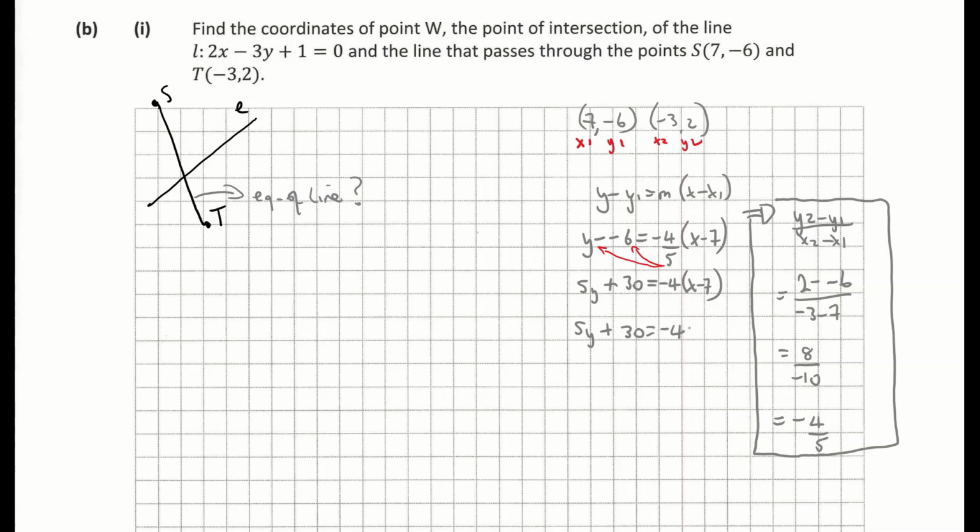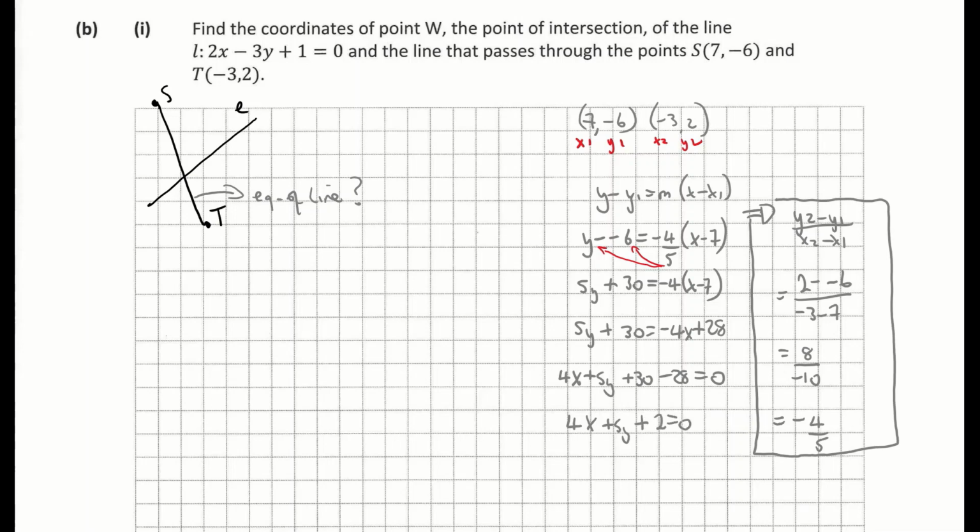And -4 by -7 gives me a plus 28. And I'm going to move everything to the left hand side. So my 4x was a minus, so I'm adding 4x to both sides, plus my 5y plus my 30, and I'm taking 28 or moving it over. So that's giving me a final equation of the line between S and T as 4x plus 5y plus 2